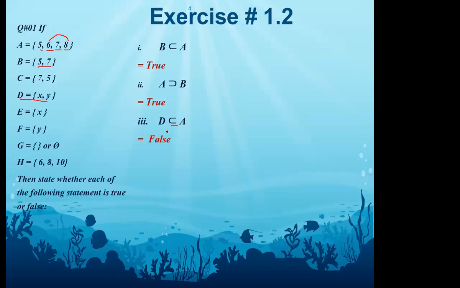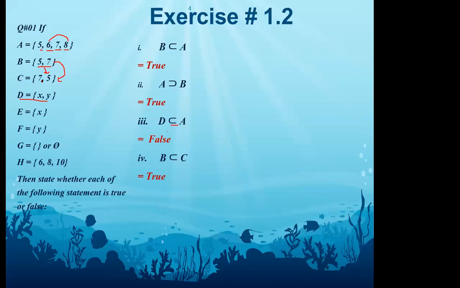Very good, Shanti Kumari. Very good, Hania. Very good, Suhima. Okay, now next is this one. Now how will you read it? B is the subset of C. Subset means it must have all the elements present in set C. So B has all the elements that are present in set C. So it will be true. All the elements are present now in set C. So you will say that it is true.